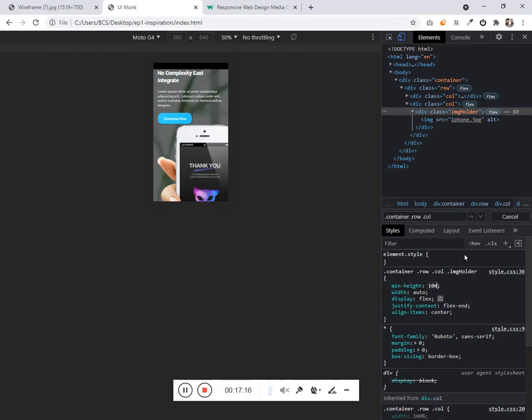Let's try to make this 100%, or let's say 300 pixel, and this need to be height.